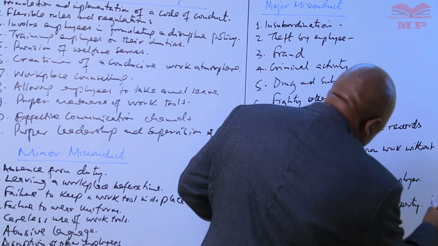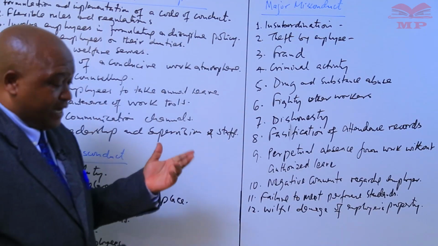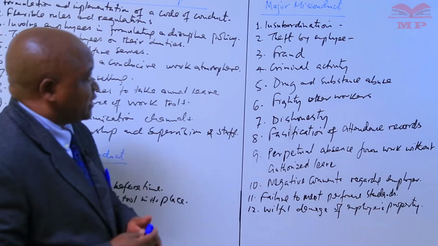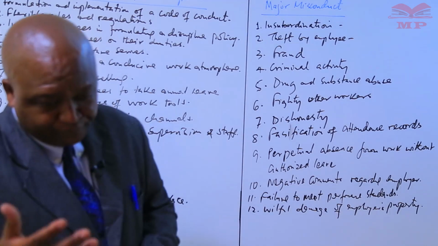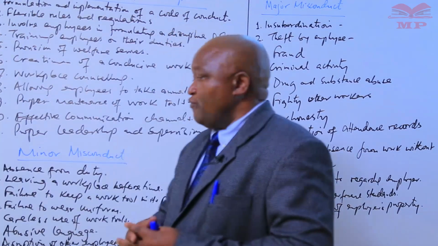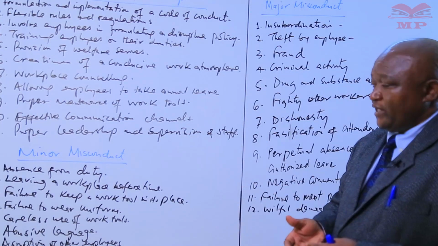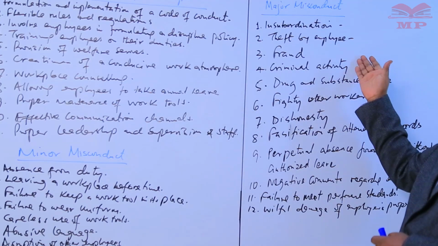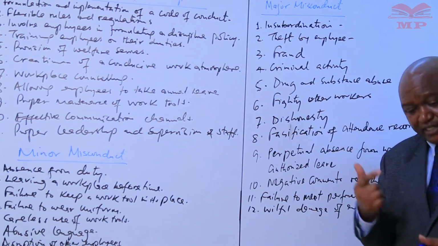So basically, if an employee damages a machine or does something willfully, and that can be confirmed, then that kind of an employee has participated in a major misconduct. So it should be noted that when employees commit minor misconduct, it should attract minor disciplinary action. When an employee commits a major misconduct, that employee should be subjected to a major disciplinary action.